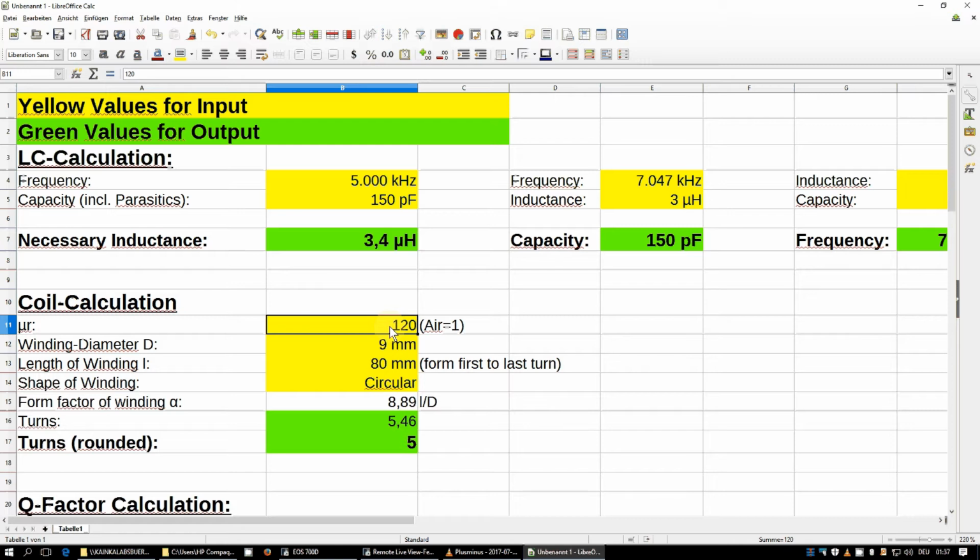further diminished. And here you can see we now have to try out, let's input 80. So with 80 we are already near to 7 turns, 6.68 when we are not rounding it. So it's still smaller. With a μr of 75, we now get near the exact value. But this is a good example that